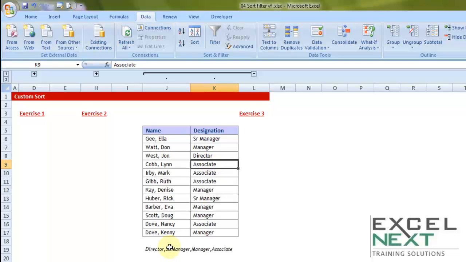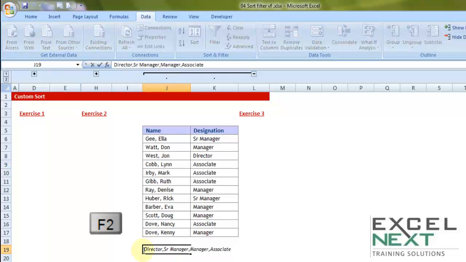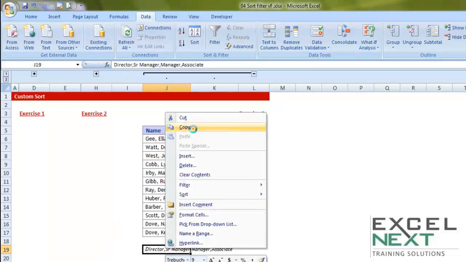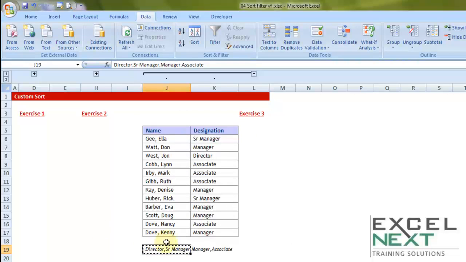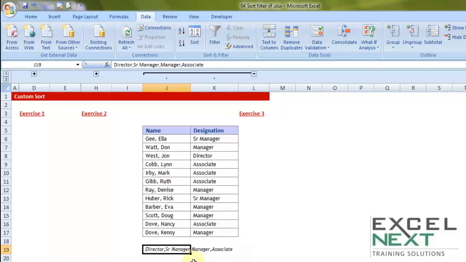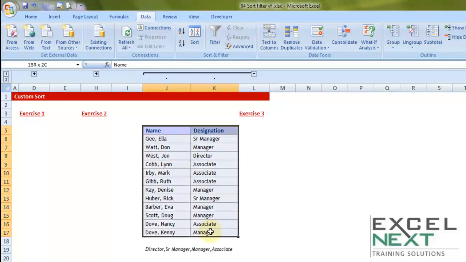I'll have to define it. So I have already written it out here. Let me get inside the cell, copy this. Now please be careful, I am not simply copying the cell entirely. The custom sort list will not allow me to paste this cell inside that box. Let me get inside the cell, copy from inside the data, press escape to get out of the cell. Then after, let me choose the data,